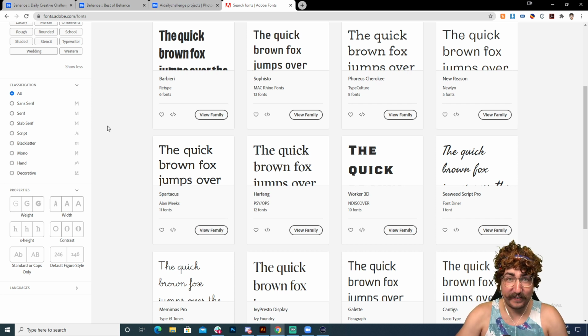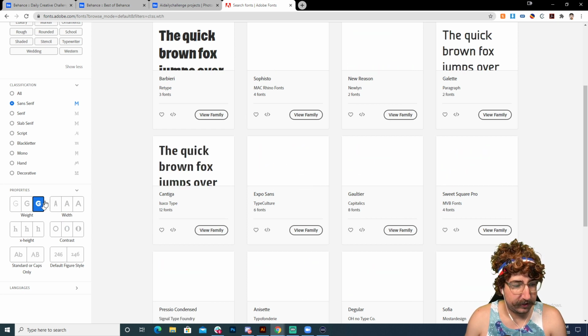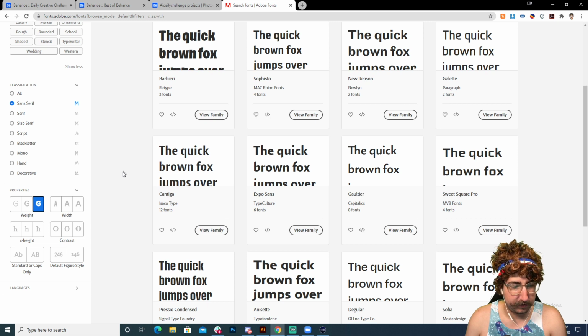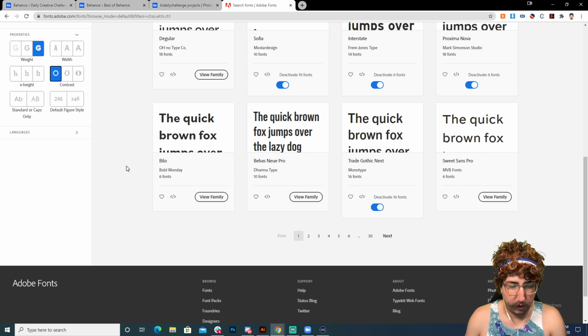So we're on Adobe Fonts, okay, fonts.adobe.com. And I want something that is tall, that is bold, that is strong, that can maybe represent the strength of a person. Let me show off that I just got back from the gym, the strength of a person. You can go over here, and we want a sans serif because they're usually more strong. And you can see as we're checking these, it is going ahead and filtering out the fonts so that they match. We want something that's thicker, so we can do that. And there we go. Now we've got some stuff that's thicker. And I want it to be mono weight so that it really has that weight to it.